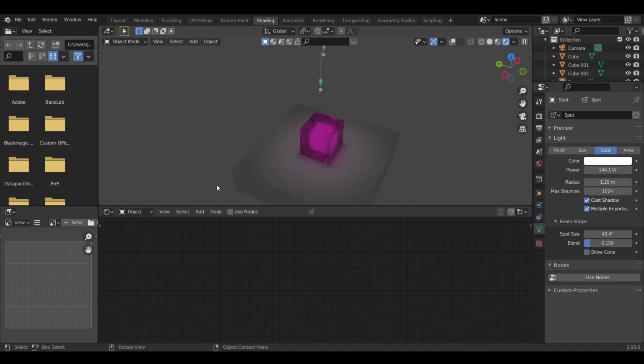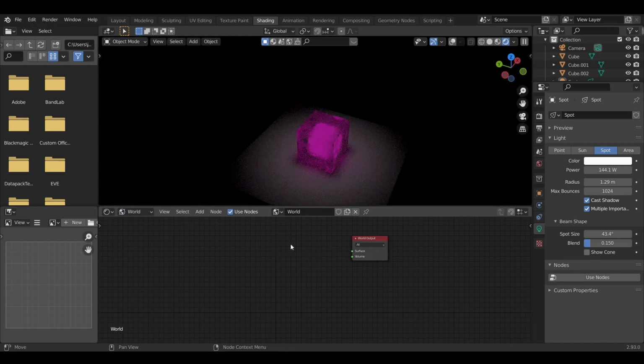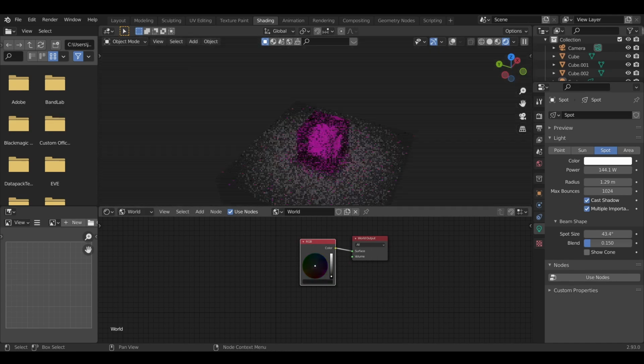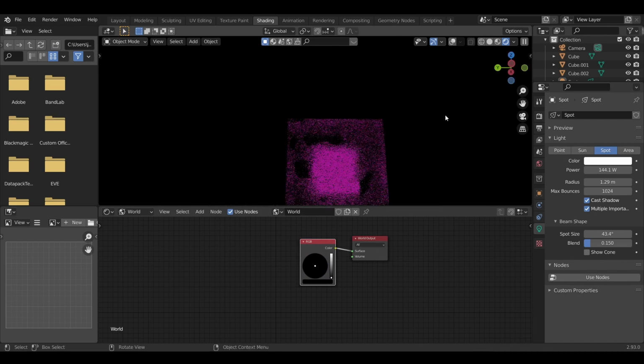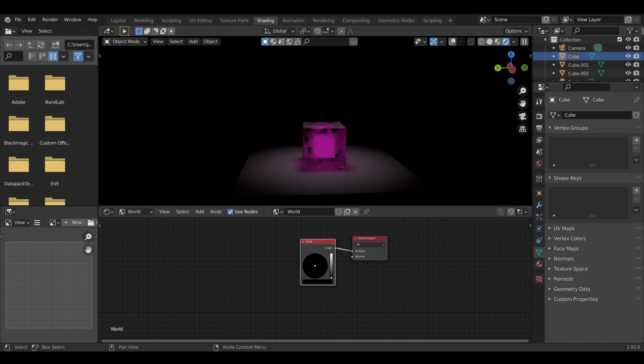Just so that we can actually see how everything will end up, we're going to go to the bottom and change it from object to world. Delete this background node. You can keep it like that, but I like to add an RGB node. Put the color into the surface and just drag the white all the way down till it's black. This makes it look a lot more dramatic, and it's how you will end up doing it in the end. Okay,